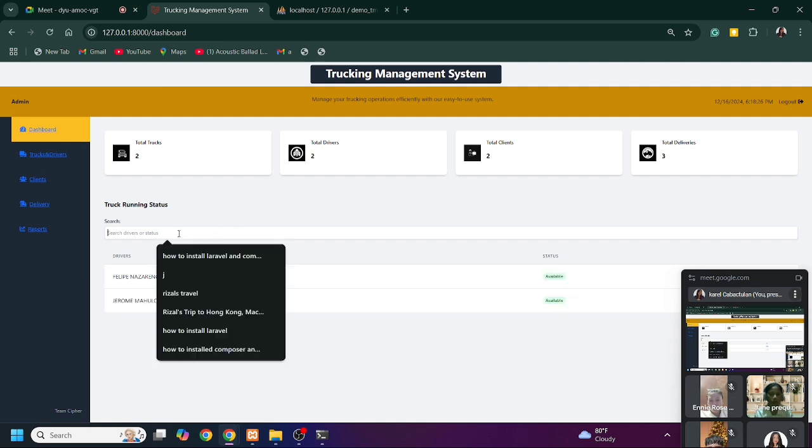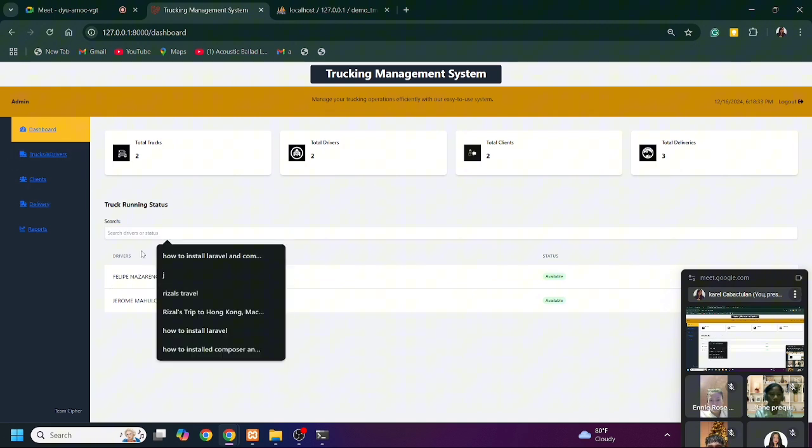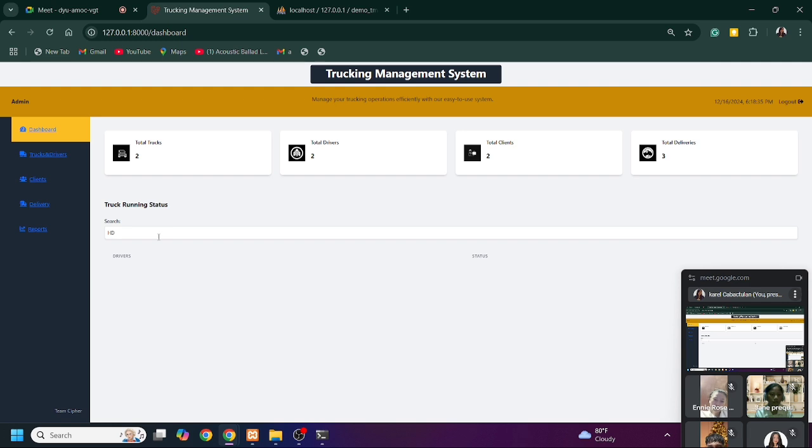We also have the search bar, if you have added a lot of drivers and trucks, so you can look for specific drivers.